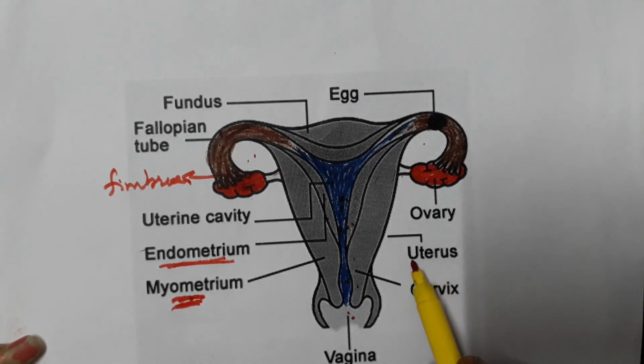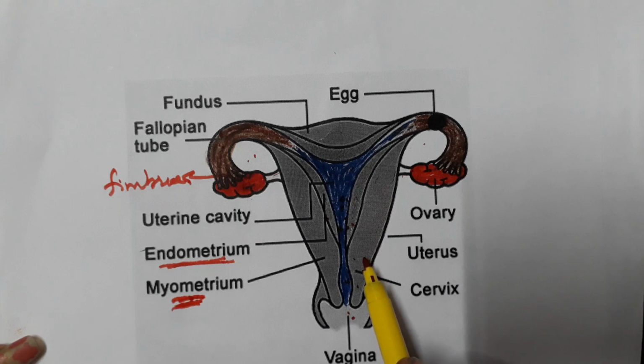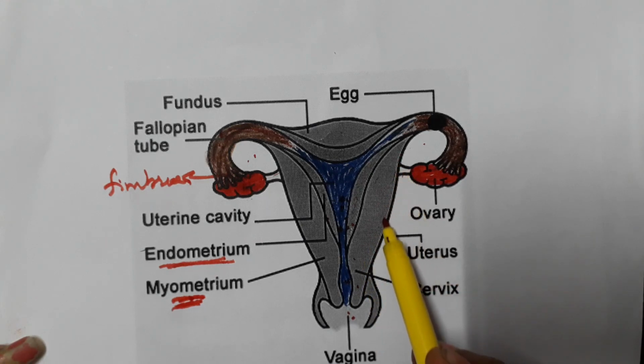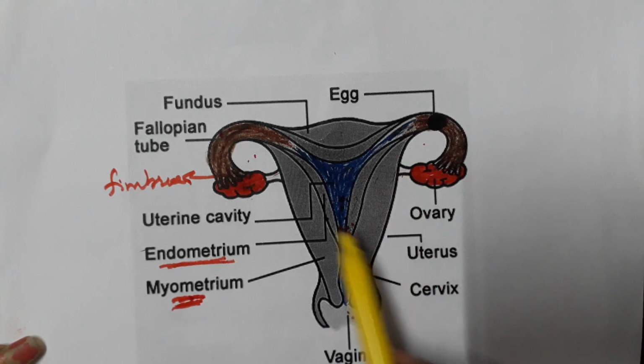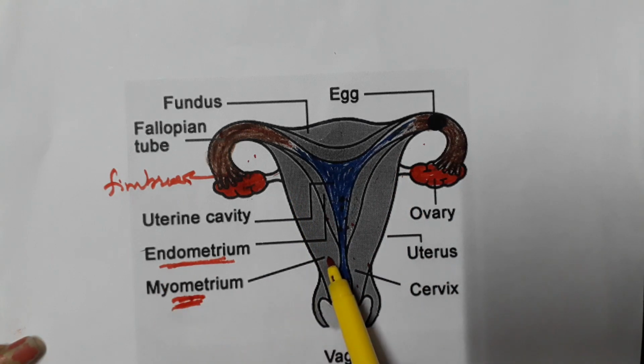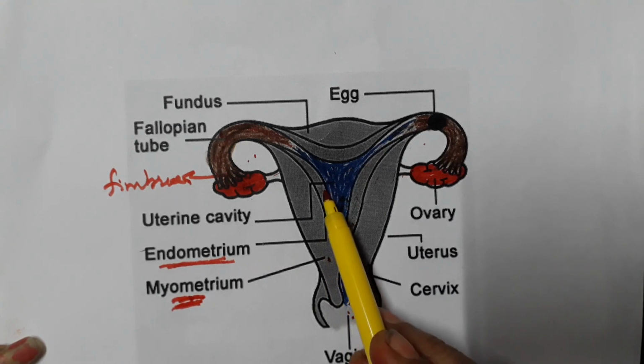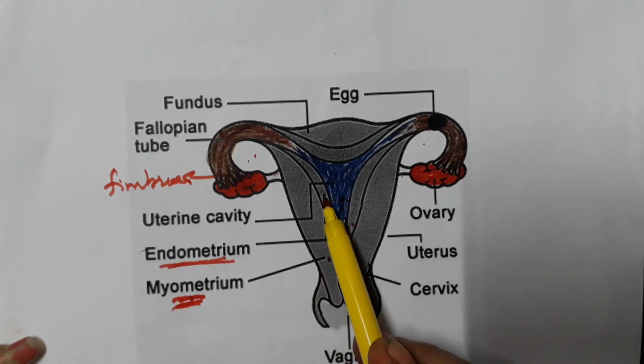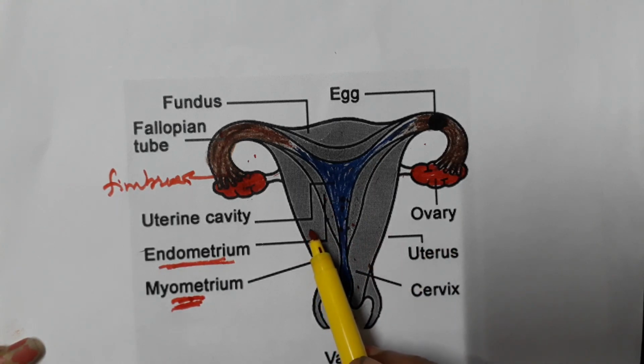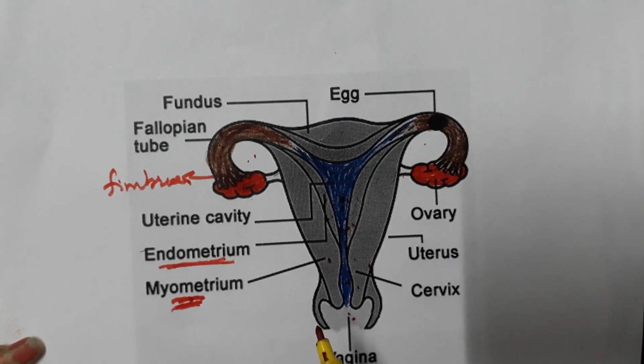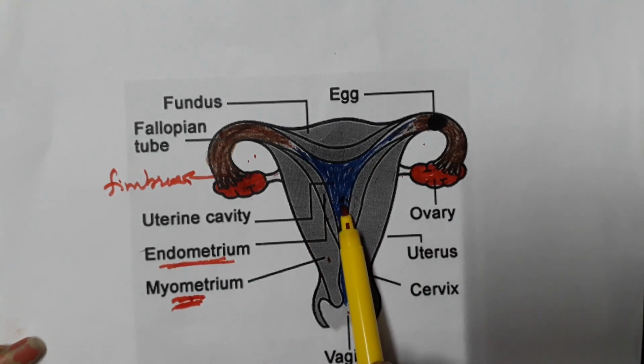So the uterus wall is made up of 3 linings. The outer lining is the perimetrium, which covers the uterus. The middle lining is known as the myometrium. What is the function of the myometrium? A powerful contraction takes place after completion of the gestation period, which helps in childbirth. And the third, innermost lining of the uterus is the endometrium, which takes part in placenta formation. And through the placenta, nourishment goes from the mother's body to the young one. And the gestation period of 9 months is completed in the uterus.